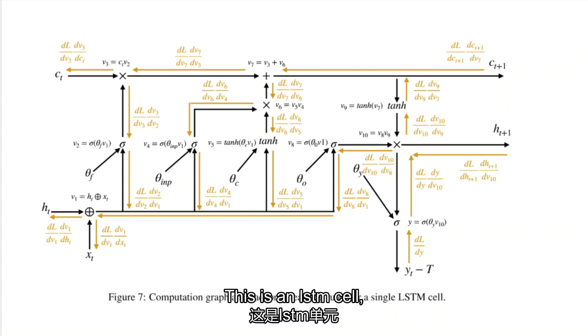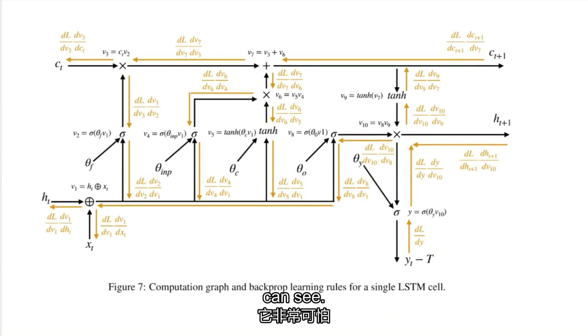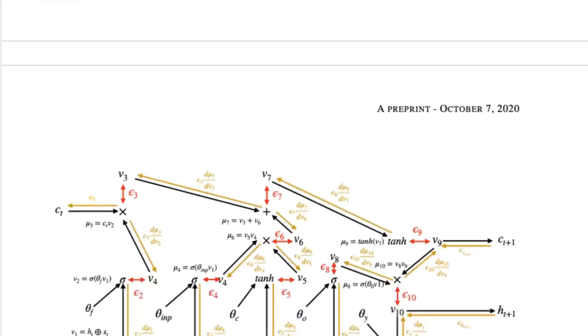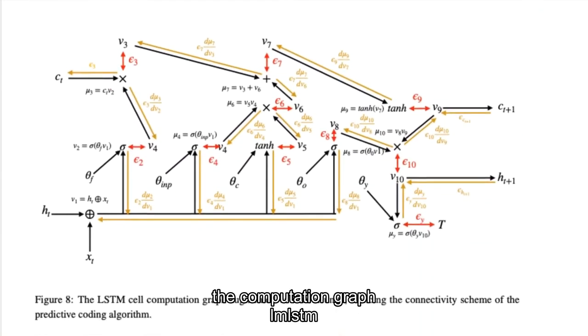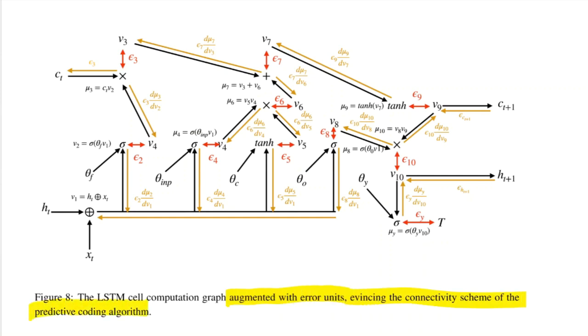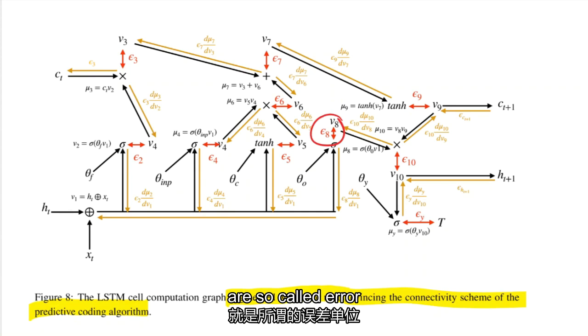Hi there. This is an LSTM cell, or the computation graph of an LSTM cell. It is pretty hideous, as you can see, but what I'm about to show you is even more hideous. This is the computation graph of the LSTM cell augmented with error units, evincing the connectivity scheme of the predictive coding algorithm. So you may see that there are appearing these little red arrows right here that are so-called error